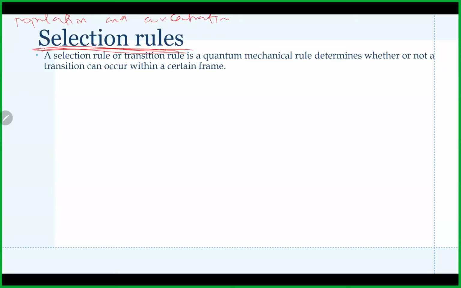A selection rule, or a transition rule, is a rule that determines whether or not a transition can occur within a certain frame. Before I go into too much of the details of it,